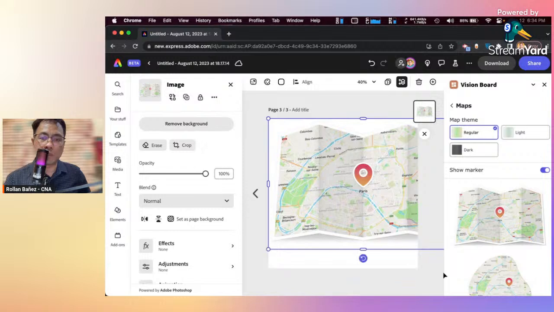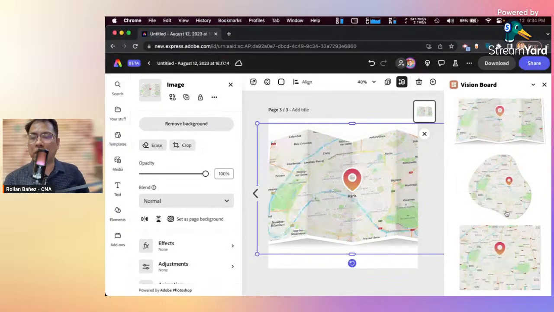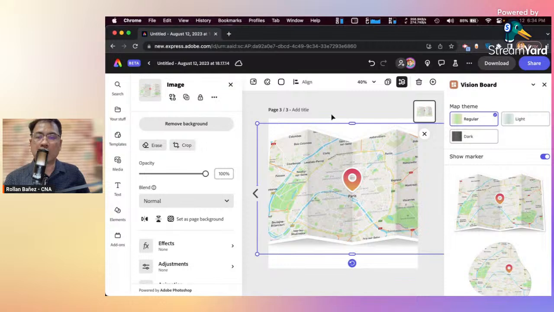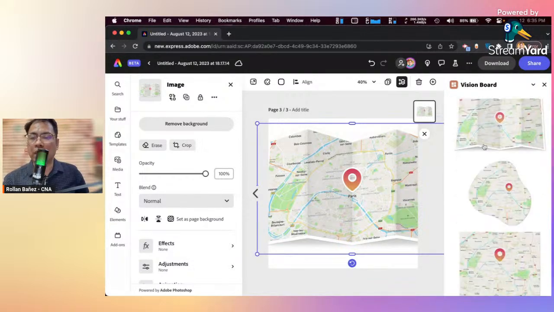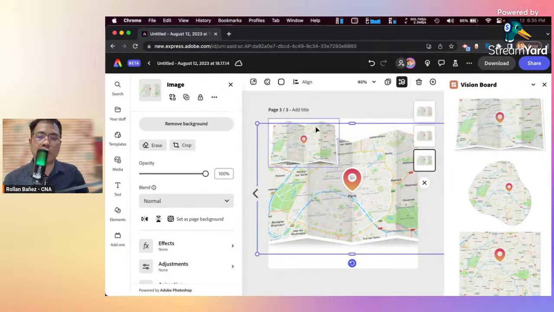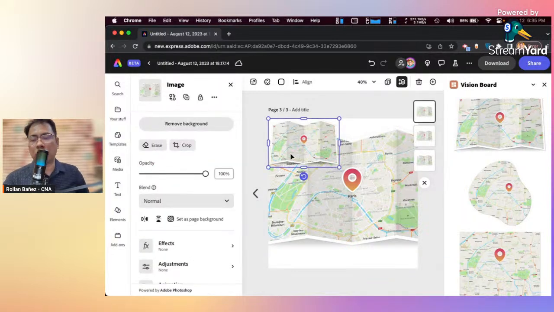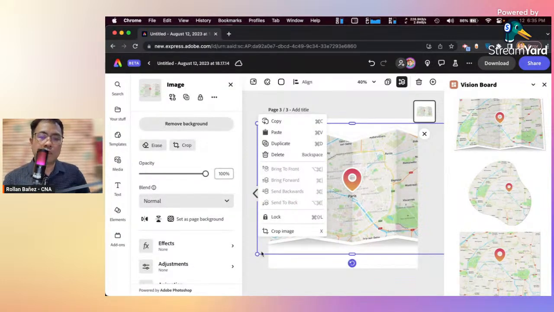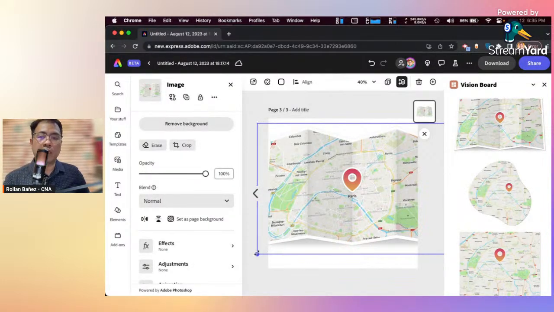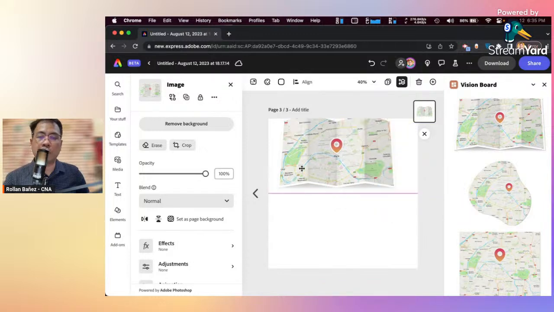I just don't know if I could customize the map itself. I haven't tried it for now, but I hope the developers of this plugin can have a more intuitive approach on this. Let's just treat this as a design element on our end. Okay. So that is maps inside the vision board.